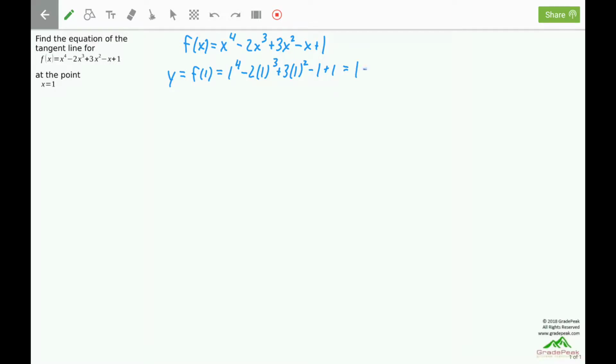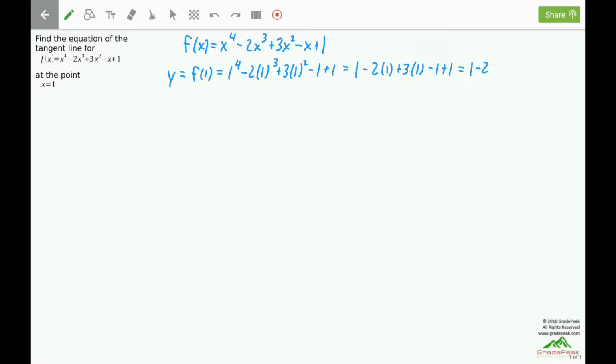1 to the fourth is 1. Minus 2 times 1 cubed is a 2. Plus 3 times 1 squared is a 3. And then minus 1 plus 1. So we have